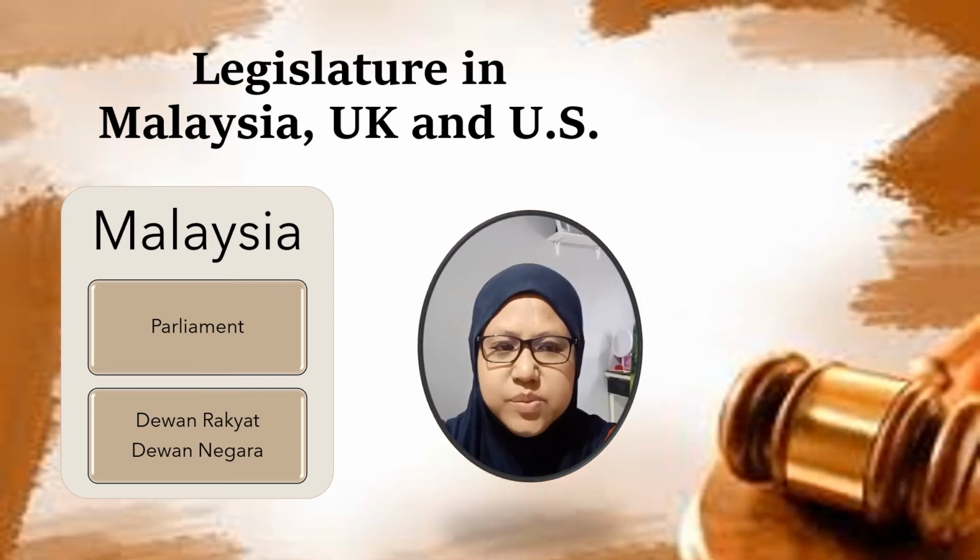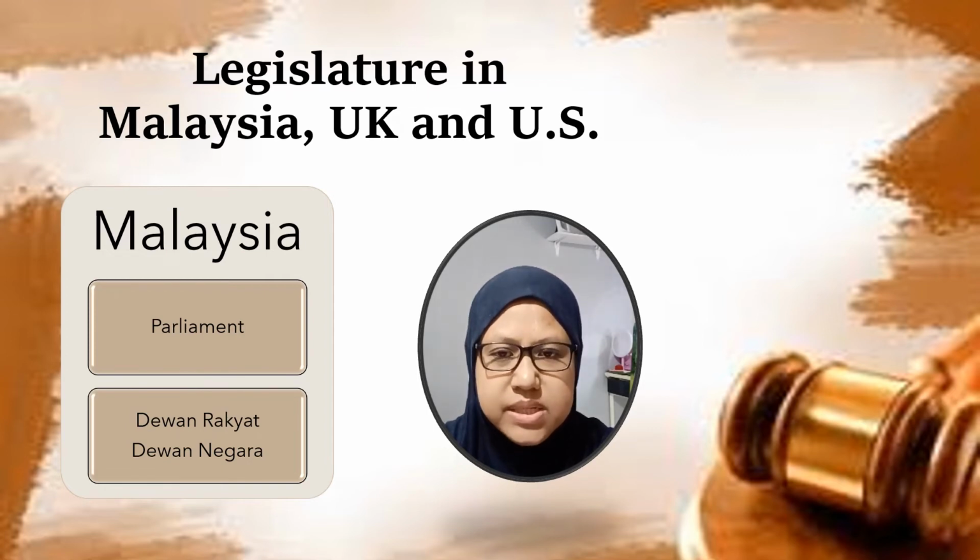The upper house of Parliament is the Dewan Negara, where the members are referred to as senators. The Senate is comprised of 70 members: 2 members from each state, 2 members for the Federal Territory of Kuala Lumpur, 1 each for the Federal Territories of Labuan and Putrajaya, and 40 members who are appointed by